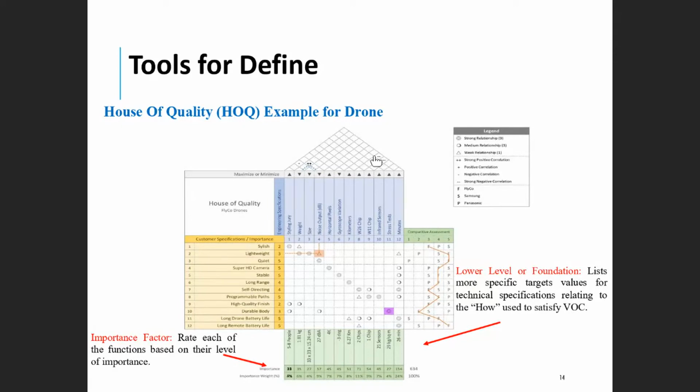You can use your own symbols. You can use your own scale. This is the way you would like to do it. It's up to you, as long as you use a legend box and explain the symbols or the numbers you are going to use here, okay? Now, for example, between the weight and size, there is a strong,